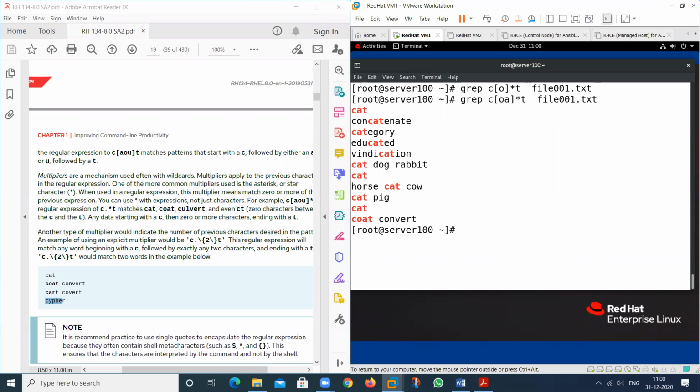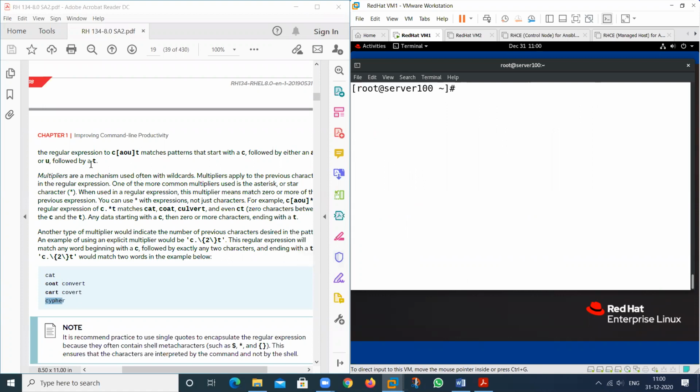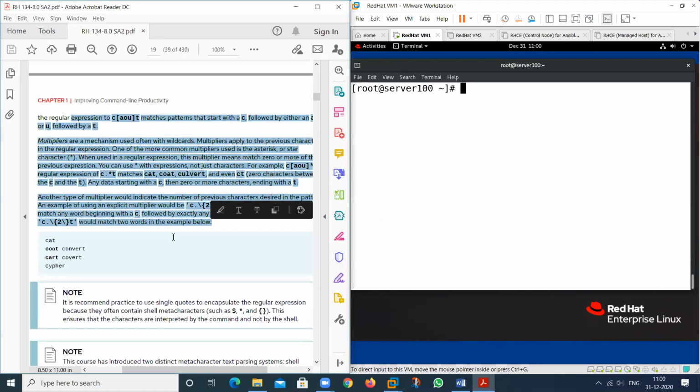See why. If I print here this type of thing, C dot star, then T. Okay. So you can search. So see all these things, then read these, then use the whole thing.